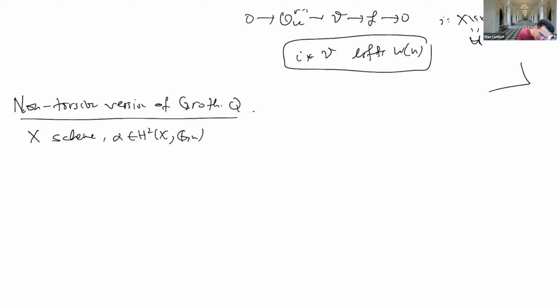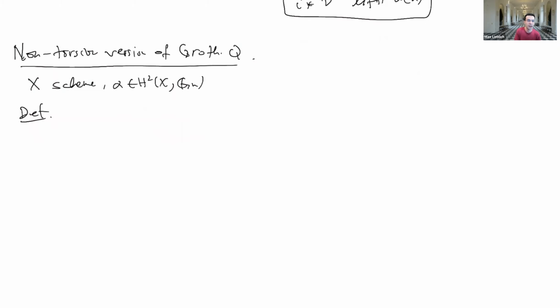Okay. So first, I want to define. There are two ways you could do this. This is the one that looks more insane: what should an Azumaya algebra of infinite rank be? Oh, maybe I didn't make this clear. If we're going to do a non-torsion version of this, then maybe we should allow infinite rank things instead of finite rank things, because it's sort of infinity torsion, so the rank should be infinity. So an Azumaya algebra of infinite rank